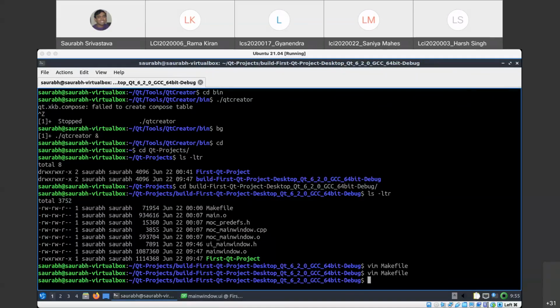It doesn't mean that the same executable will run on different platforms. No, that is not going to happen. But the same code base, if you take it to Mac, you can build a Mac application out of it. If you take it to Windows, you can create a Windows application out of it. That is the idea with cross platform.